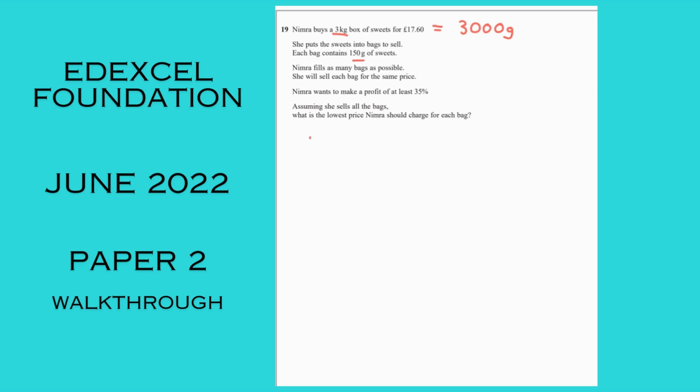So, she has 3,000 grams into 150 gram bags, so she'll be able to make 20 bags. Now, if you want to make a profit of at least 35%, it means you'll need your original investment to increase by at least a multiplier of 1.35, or in other words,